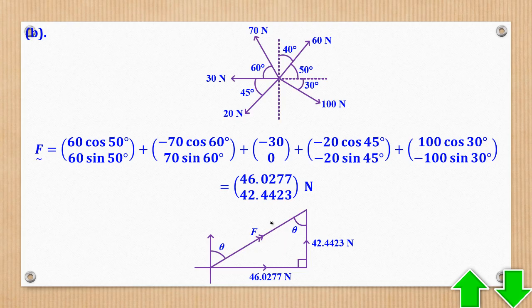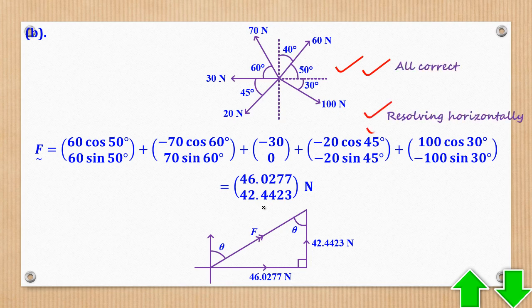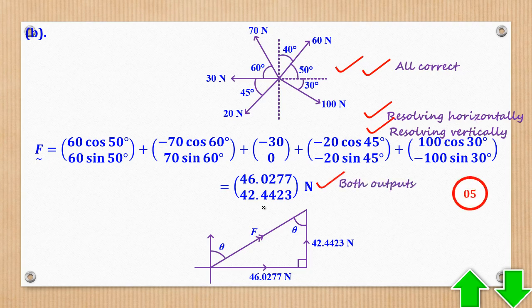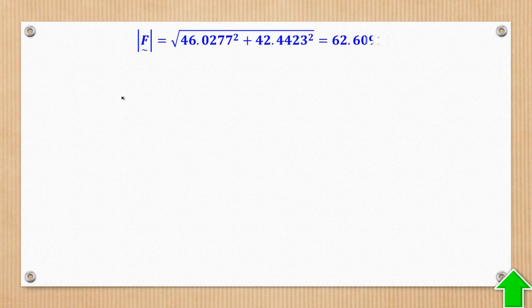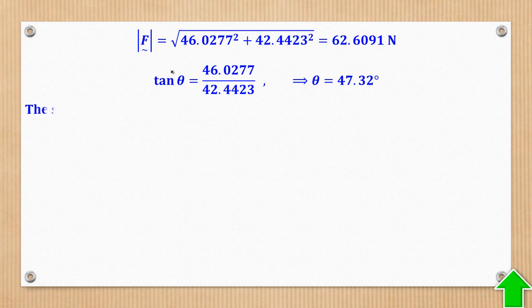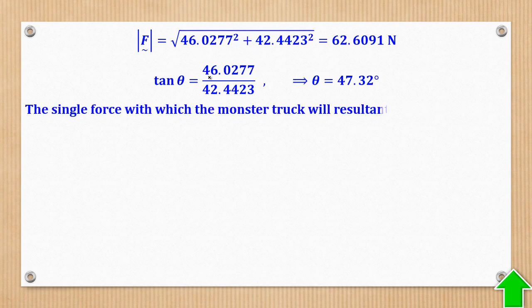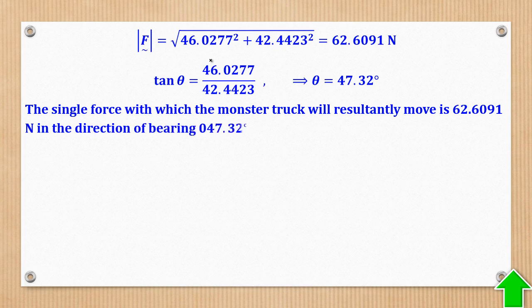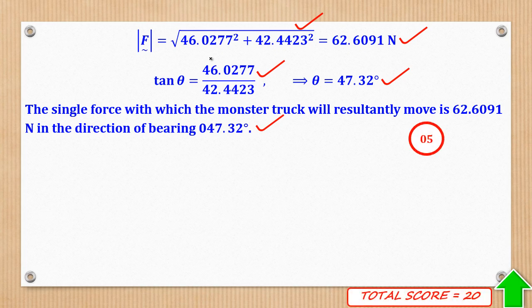So we can now get tan theta from opposite over adjacent. So magnitude is that, and also tan theta is opposite over adjacent. Therefore, the bearing will be 047.32 degrees. And that's what they wanted. So that's how we could get a score of 20 in item